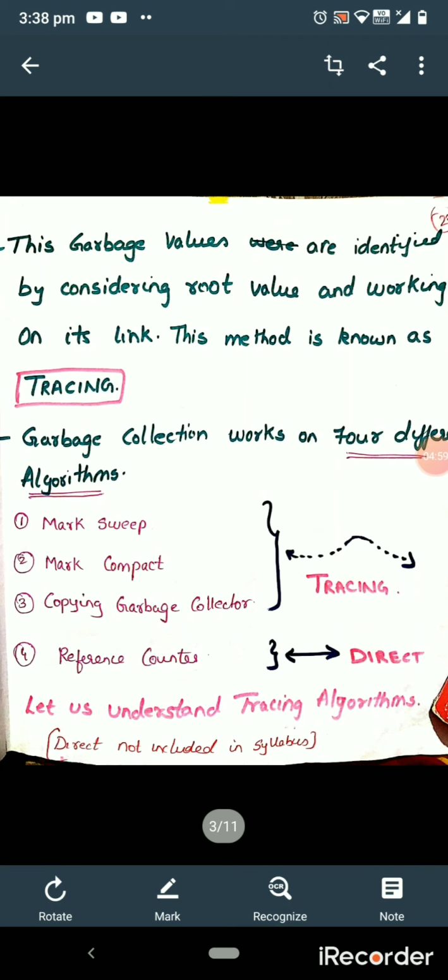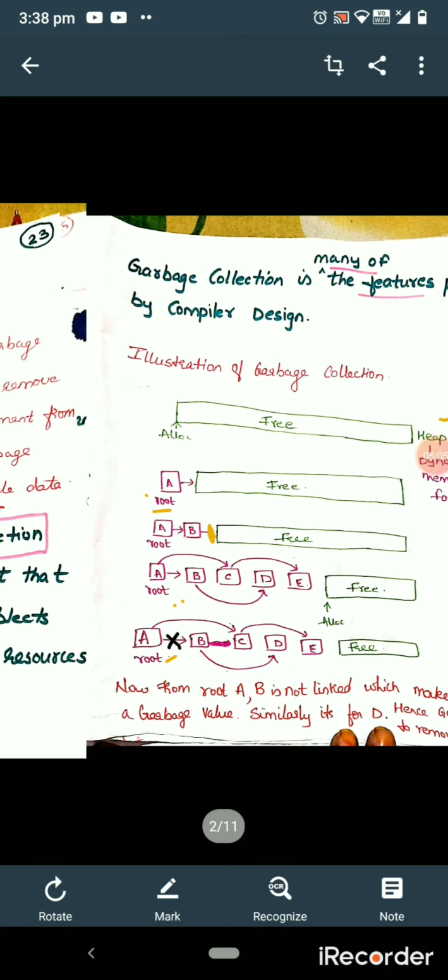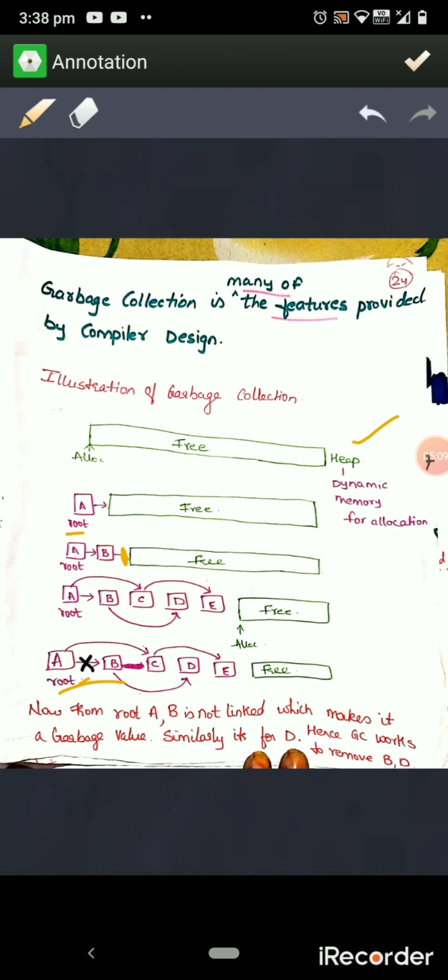How have we identified these garbage values? We have seen the links: whether A was linked to B or not, whether B is linked to C or not, whether C is linked to D or not. In this way we checked the links, and eventually we finalized B and D as the garbage values.